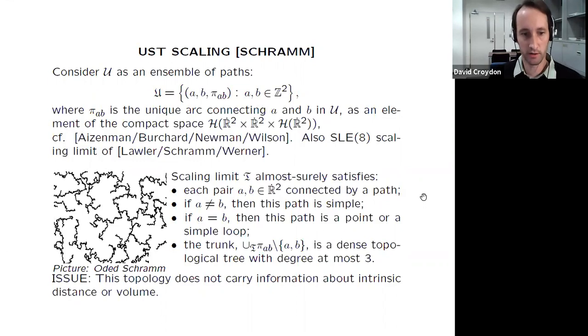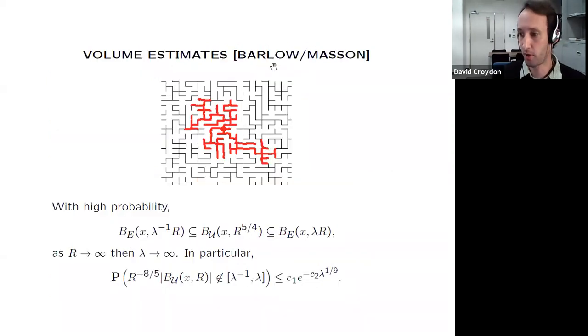Okay, but so the goal of our work was to add this extra information. And this really goes back to work that Martin Barlow did with one of his PhD students about 10 years ago, where he started to get a feel for this. And in some sense, this work showed you that the things that you would guess to be true are true. So let's suppose we're looking at a Euclidean ball of size r. Let's think that's the scale of this picture here. If we're talking about the length of a loop-erased random walk here, we expect this to have length r to the 5/4.